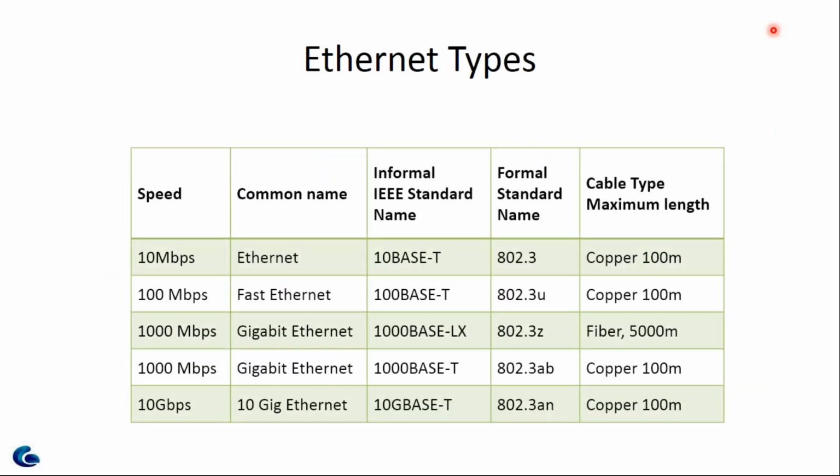So you look at Ethernet from a physical layer point of view. We have done with layer 2, it's so simple and short. Now you look at the physical layer, so it supports various transmission speeds, okay? So you have 10 Mbps, you have 100 Mbps, you have 1 Gbps or 1000 Mbps. You have 1 Gbps with fiber and copper, so that's why you see that twice here, and you have 10 Gbps. I mean, there are standards which are much beyond this, so probably you can have 40 gig and